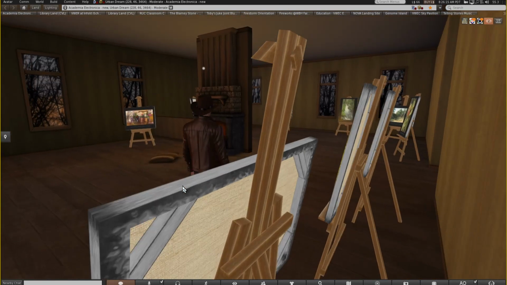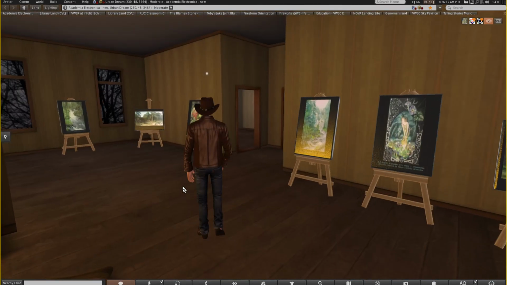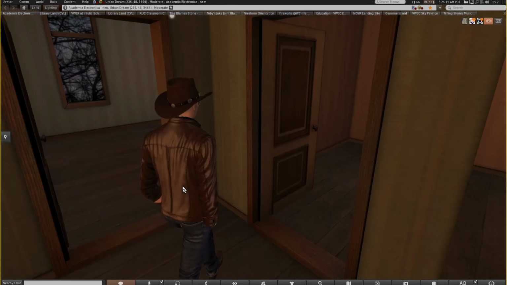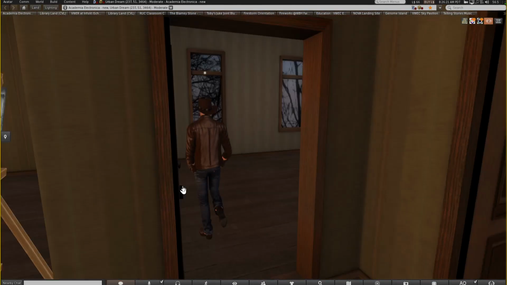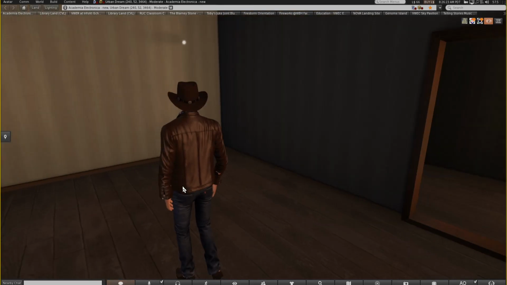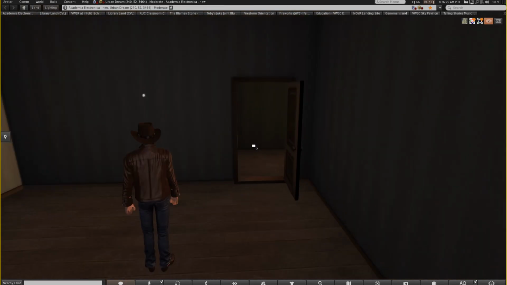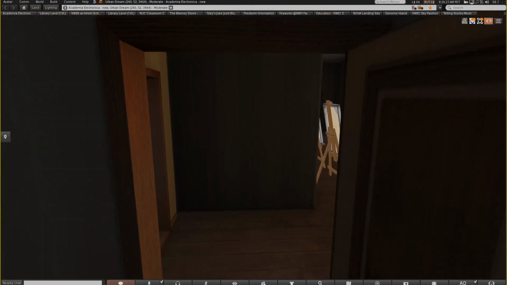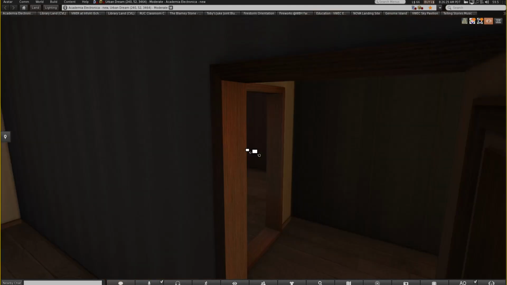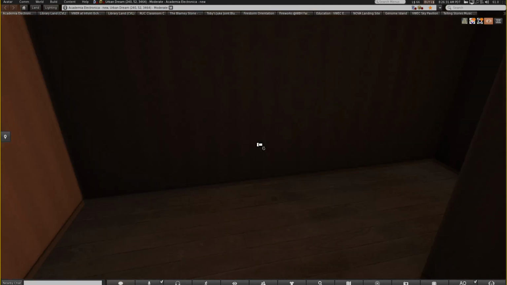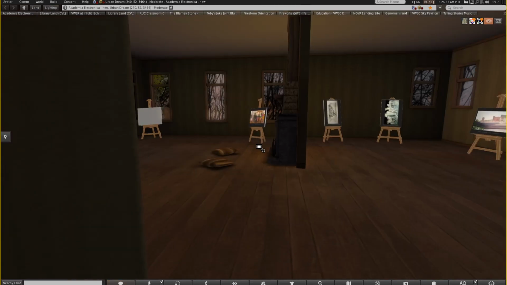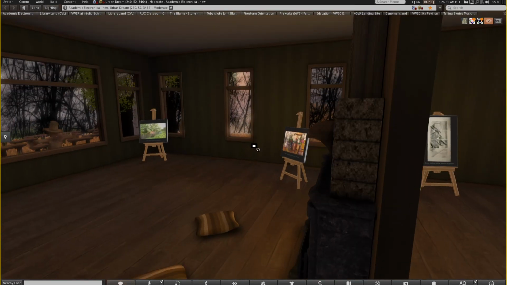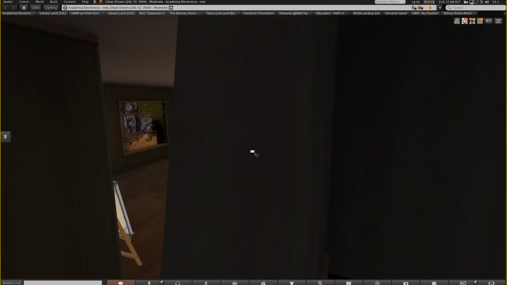So this is the art gallery here, and there are different rooms. You can walk into those different rooms, or you can just use your camera by anchoring yourself to whatever surface and zooming in. And of course, if you get lost, just press escape now. And that's going to. Oh,